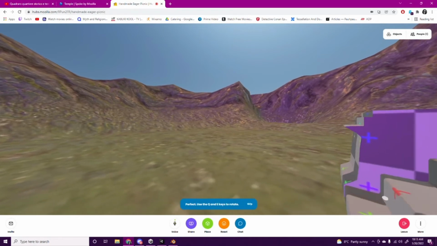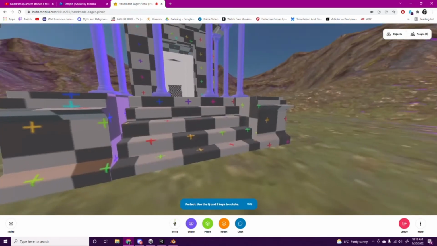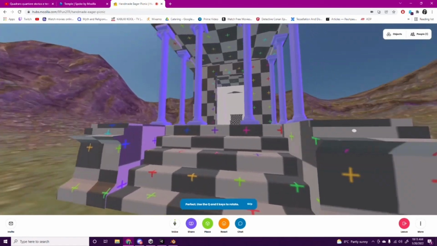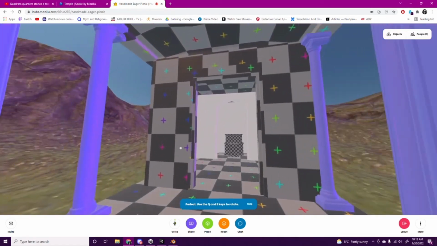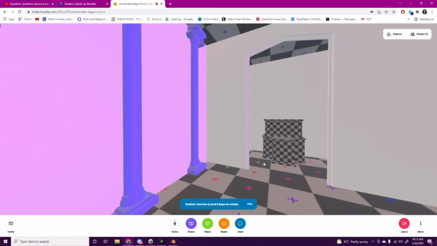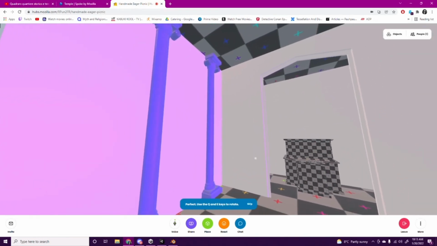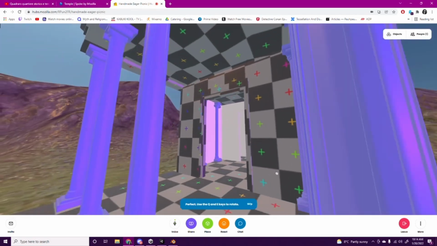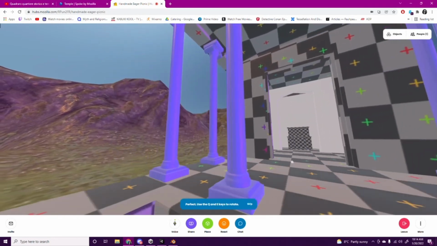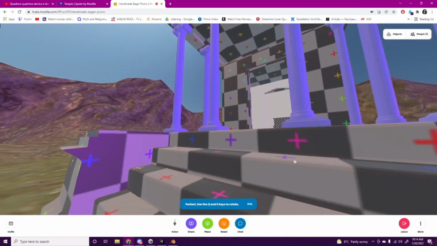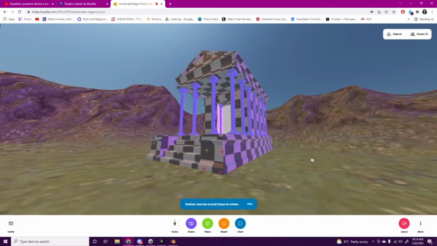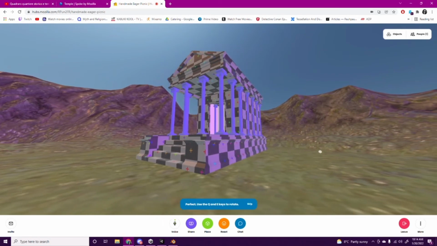If you click and drag, you'll be able to look around, and you should be able to walk up and enter your temple. Oh, it's working. That's so cool. You can look around and get a feel for the scale, because the amount of polygons is the same whether it's 10 times the size or not, right? So if you want to build a big epic temple, you might need more texture space,